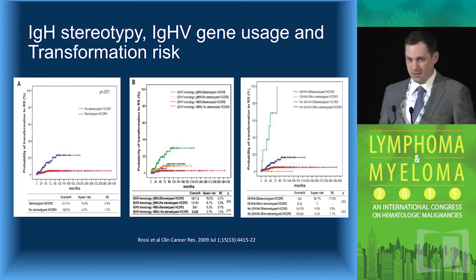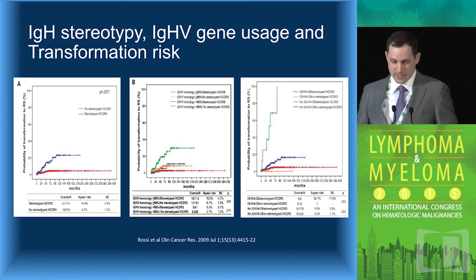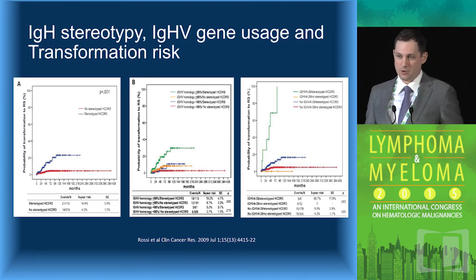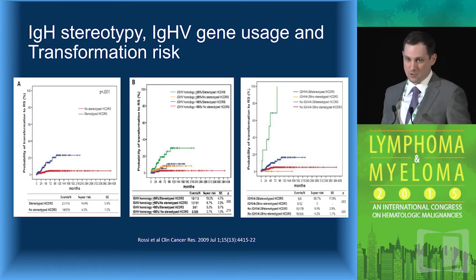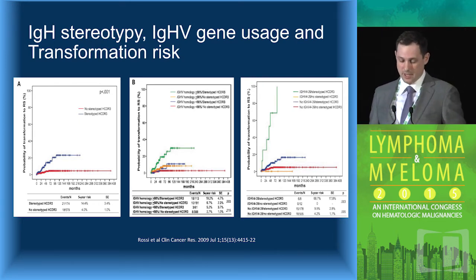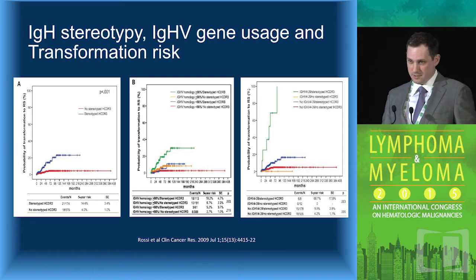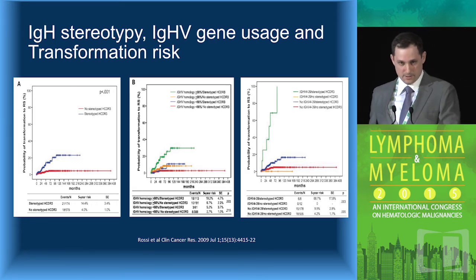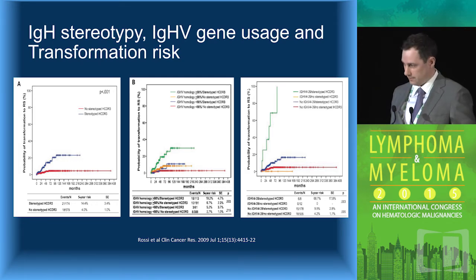As a caveat, the paper from the Mayo group, when they looked at their 1,600 patient cohort and about 37 patients had transformed, they actually did not find any V4-39 patients in that cohort. So there's still a lot of evidence that it does appear to predict, but the jury may be still a little out.